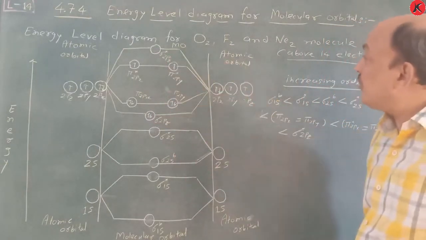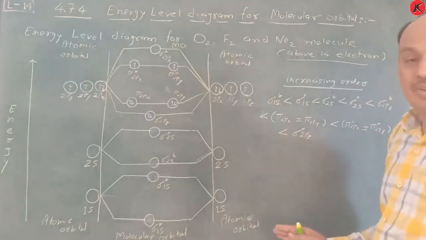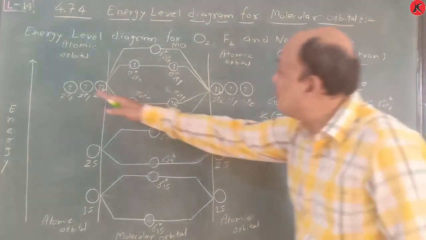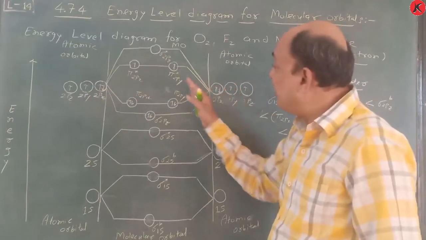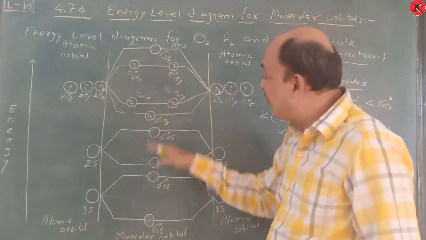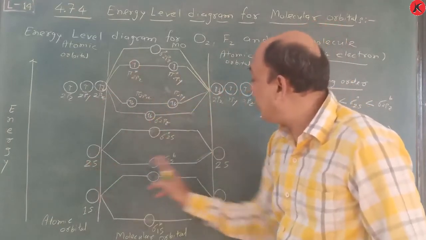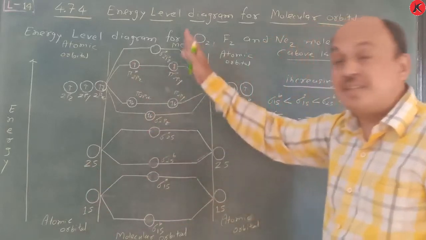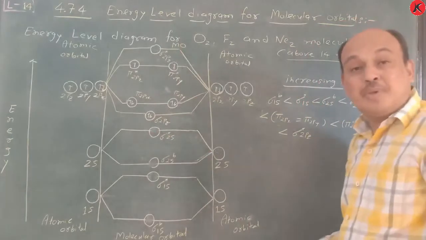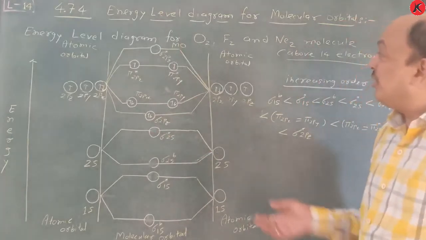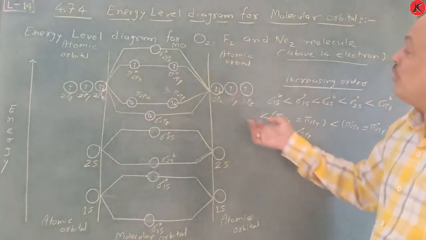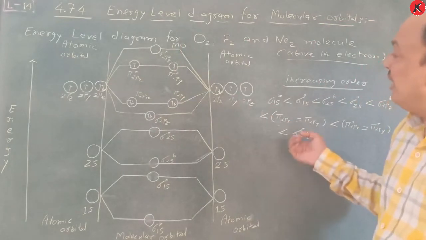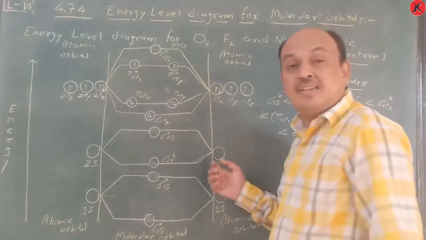So take a screenshot of this and remember it. You have to write it completely, and this is one example. Don't write it this way, but this is one example of the O2 molecule. Suppose I put here 2 electrons, 2 electrons, 2 electrons, 2 electrons, then here 2 electrons, 2 electrons, 2 electrons, 2 electrons, and this is nothing but the molecular orbital diagram of dioxygen, O2. So you have to draw these particular diagrams, and from that you have to write certain sentences.